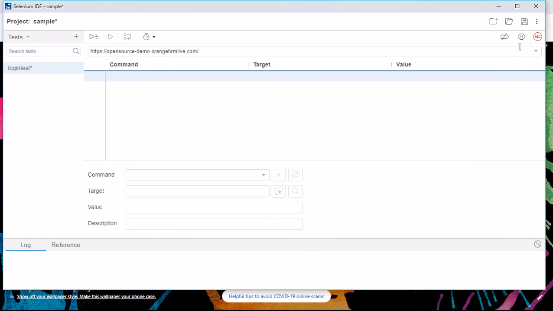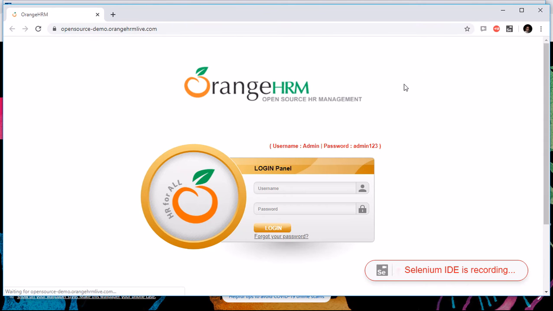Once the recording is started, whatever playback base URL you specified, that website is opened with the initial screen. See, once I go for recording, automatically the particular website is opened. The initial screen of this website is the login screen. Now here there is a default username, that is admin, and then password. Password is admin123. Now I can give the username as admin,